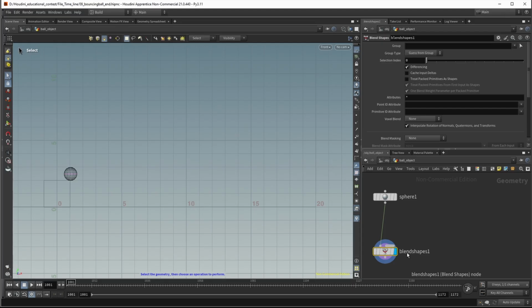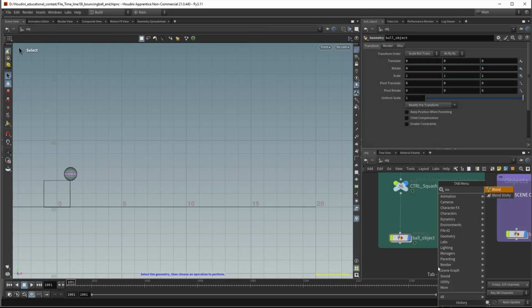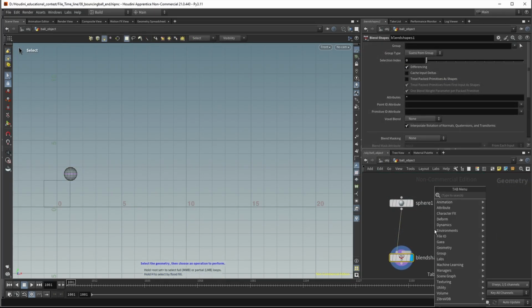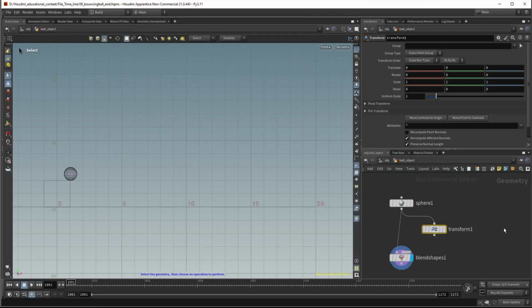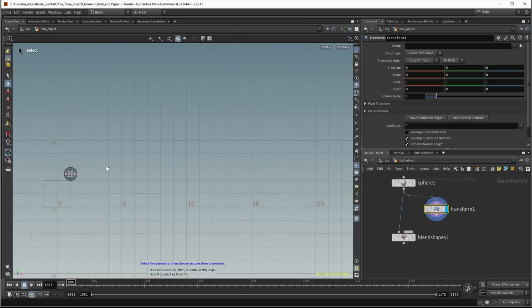Essentially it takes the transformation from one input and transfers the deformation of this transformation to another input. I don't want to talk more about the blend shape here. The blend shape you can have here is different from the blend shape you can have here. It's essentially a little different. I want to go here and create a simple transform SOP. I want to connect here, go here,